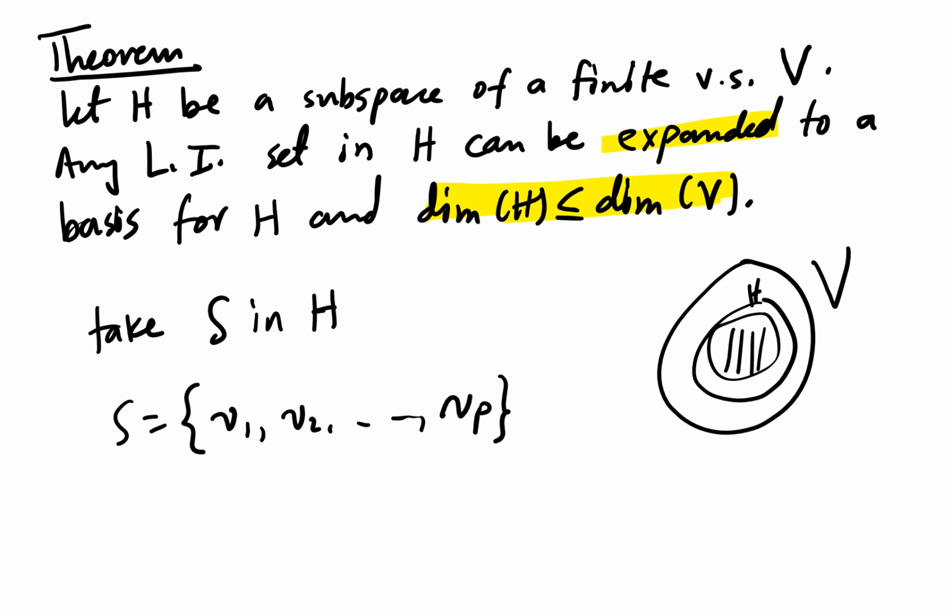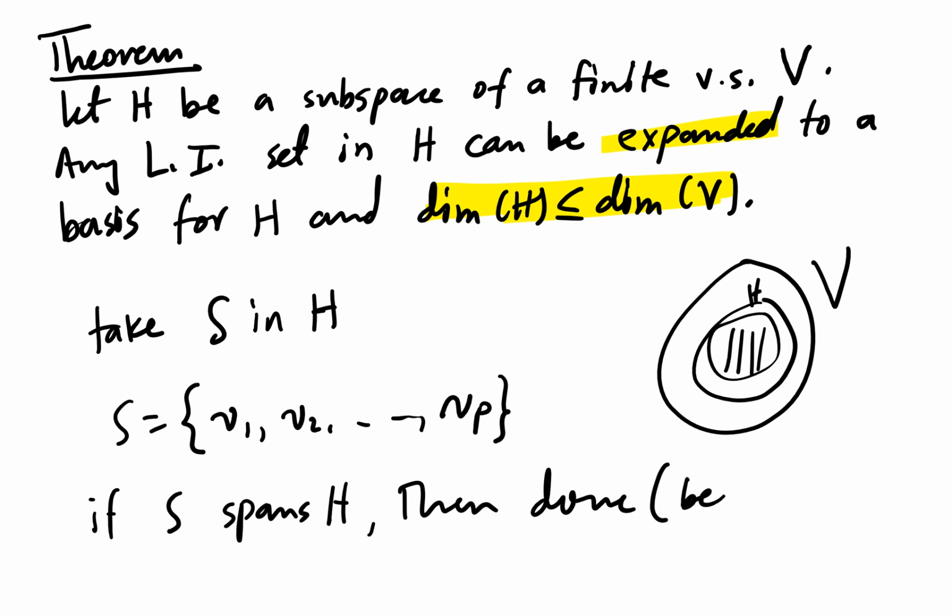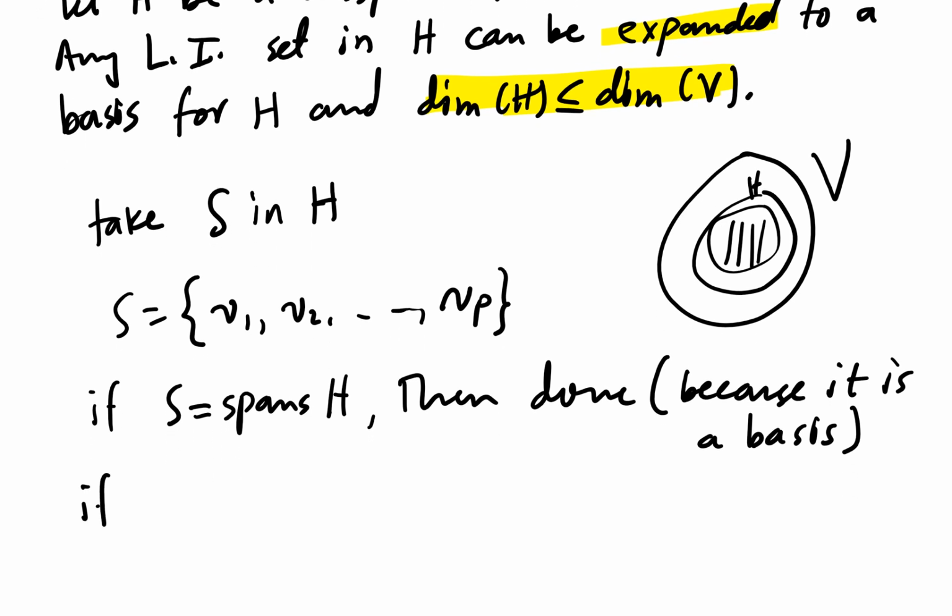So what do we do in this case? What happens to this S? If S spans H, then we're done. Why? Because it's a basis. Linearly independent vectors that span form a basis, then we're done. If S does not span H,